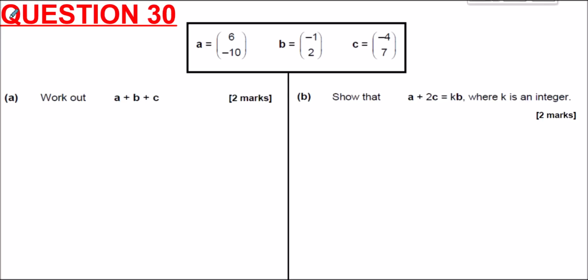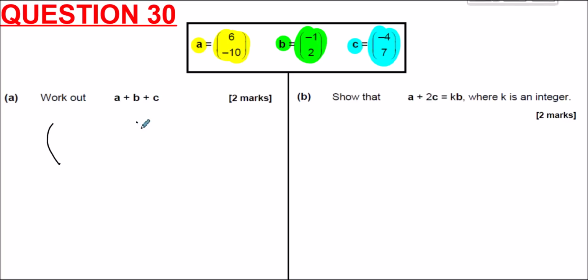Finally, the last question. We've got 3 different vectors here. We've got vector A, B, and C. The first thing we need to do is work out A plus B plus C. And that one is more straightforward than what it might seem. All we do when we add vectors is we add the numbers together. So A plus B plus C,